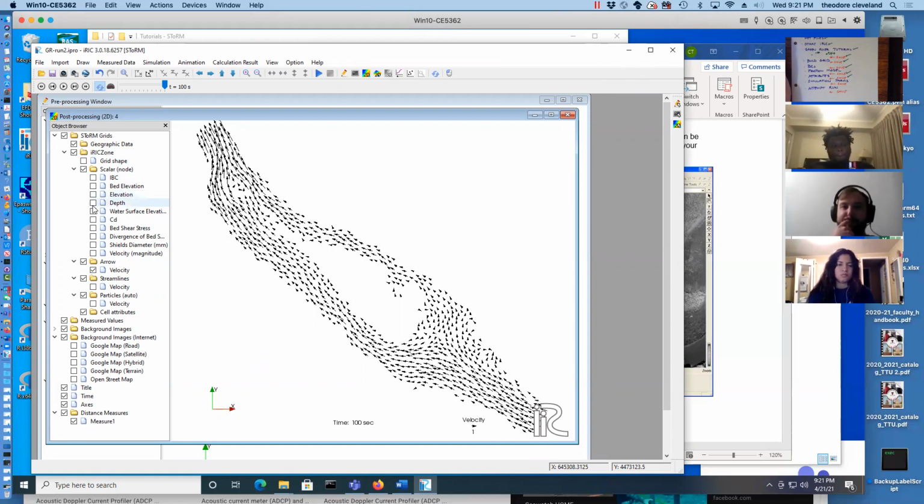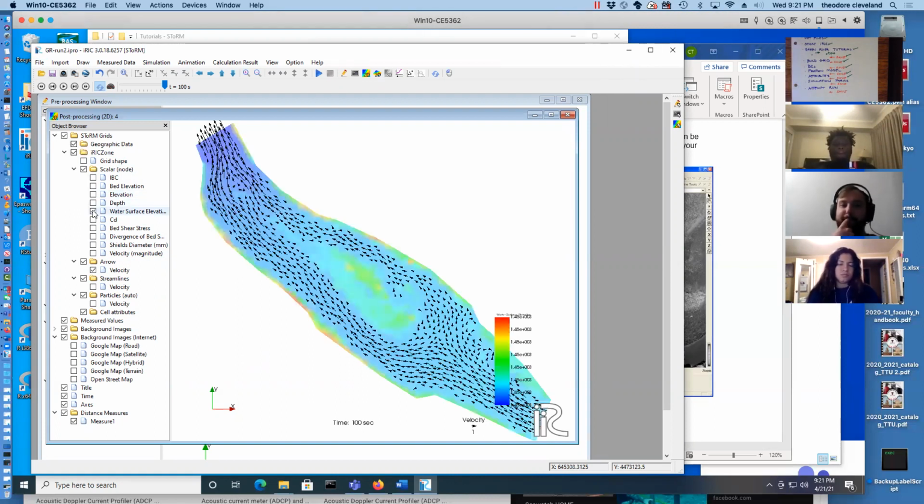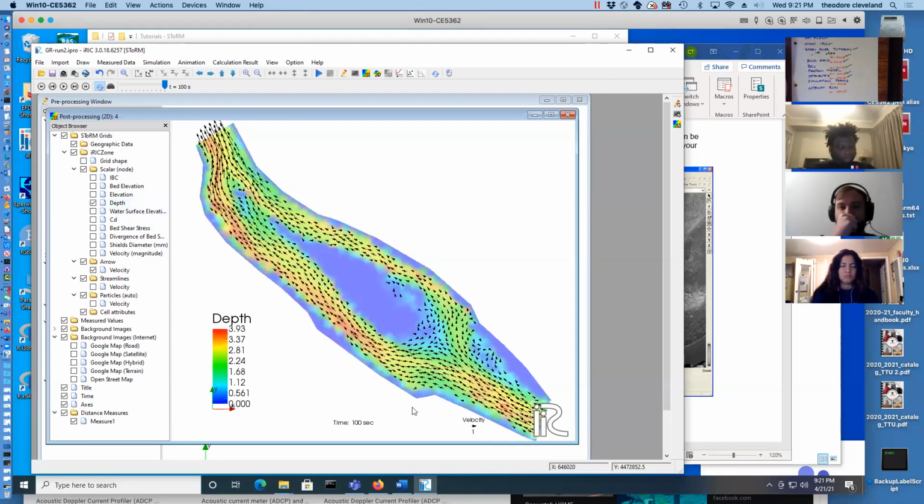Flow depth or water surface elevation. So there's the water surface elevation. There's almost no resolution in here. That wasn't that good. There are our flow depths, and we can see that the flow is deep,